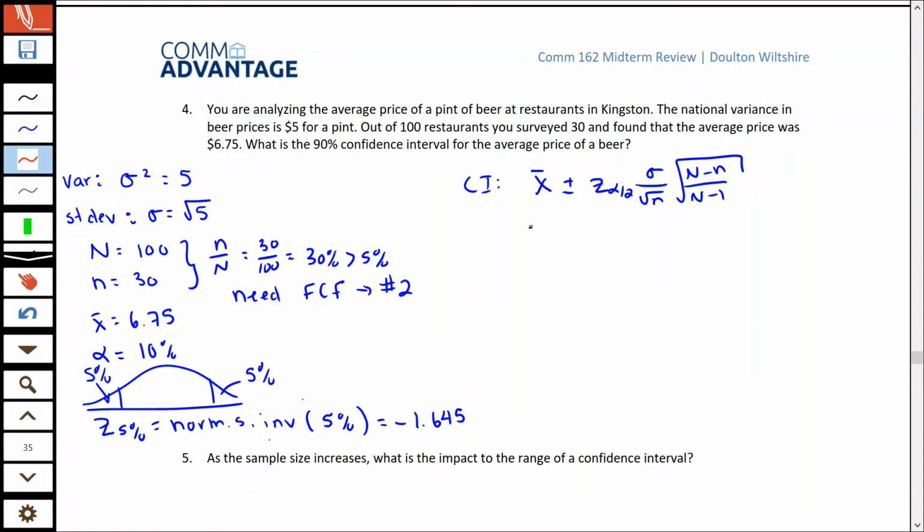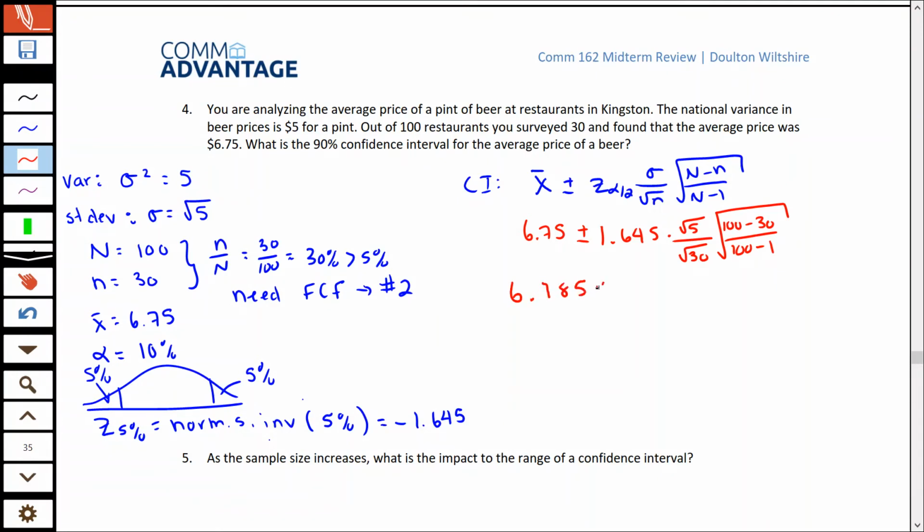The average, our x bar, 6.75, plus or minus, our z value was found to be 1.645. Our standard deviation was the square root of 5. Our sample size is 30, so over the square root of 30, times our finite correction factor, which is going to be 100 minus 30, so population minus sample size, over population minus 1. And if we calculate this out, we're going to get a lower bound of